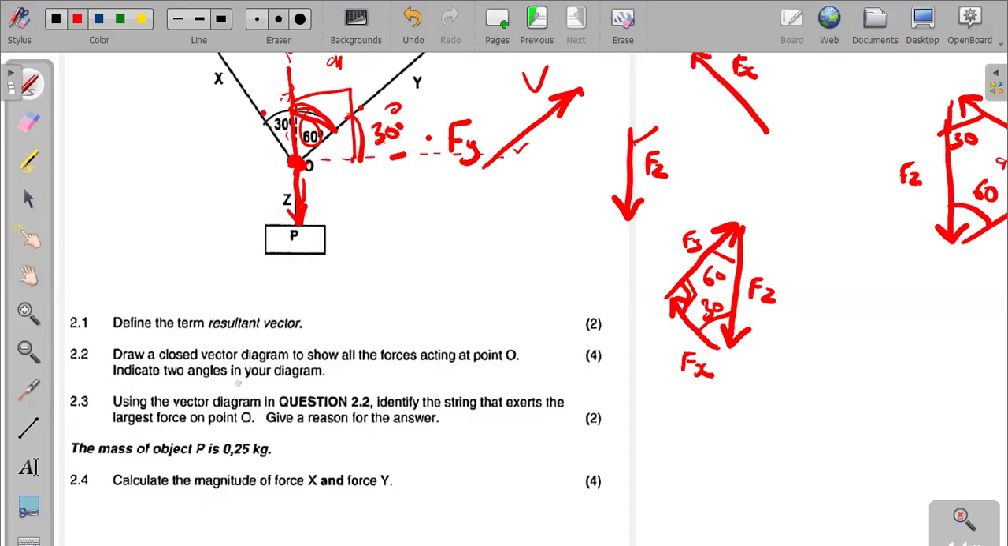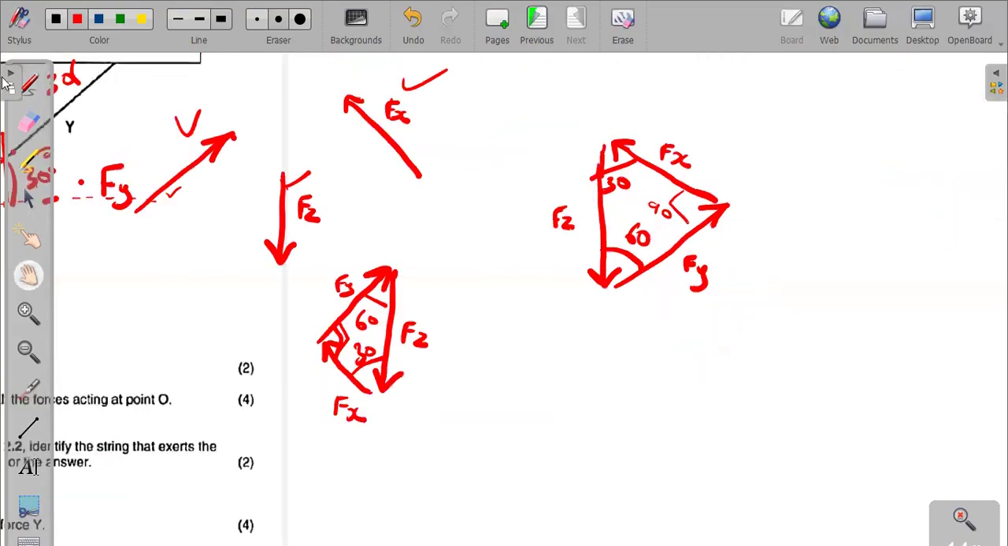The question says: use the vector diagram, question 2.2, to identify the string that exerts the largest force on point O. So the instruction is saying use the vector diagram. We want to use the vector diagram that we have, any one of them. Okay, number one, the length of the arrow simply indicates the magnitude of our force. So the longer the arrow, the greater the magnitude, always. So you are trying to identify between Fy, Fz, and Fx, which one has the longest line or the longest